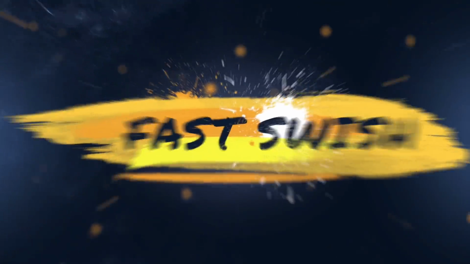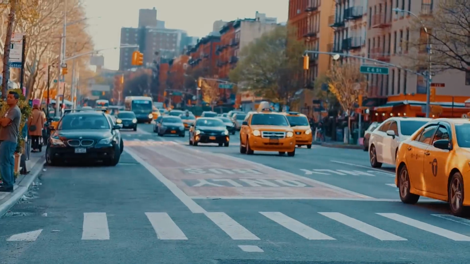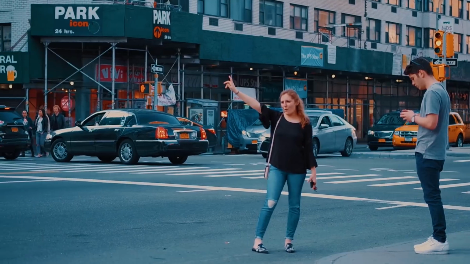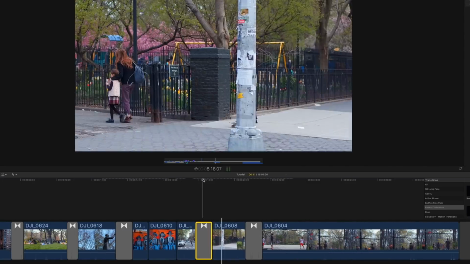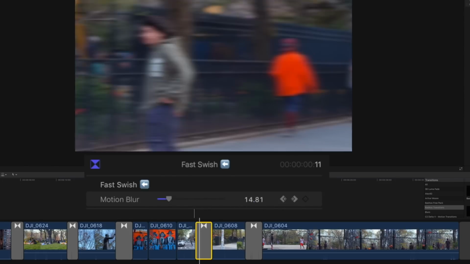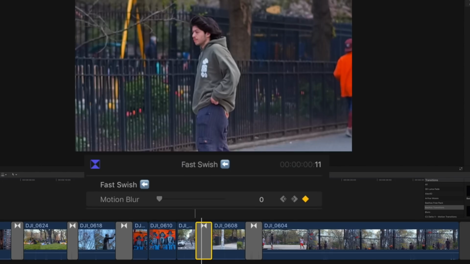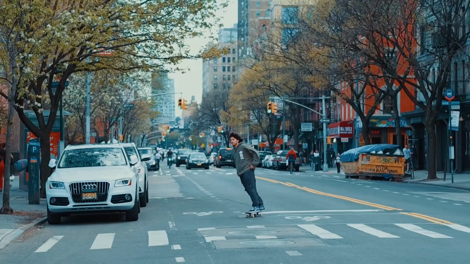That's the fast swish. It's fun. It's funky. This effect is specifically made for this editing style where it's jumpy, it's fast, and it works the best with keyframing the motion. So for example, I have a transition between this to this where the transition starts with the motion blur on 29, and then in the middle of the transition I put it on 0, and then it goes back to blur. So that when you play it, it looks